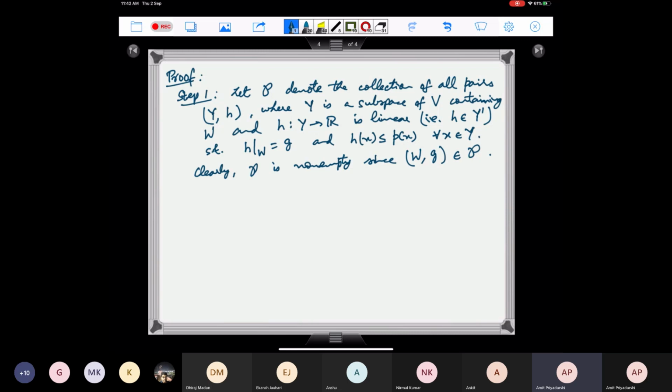So if you take the subspace W and this linear functional G, then that clearly satisfies all these properties. So we have that this is a non-empty set,